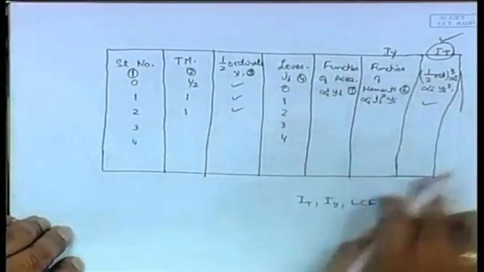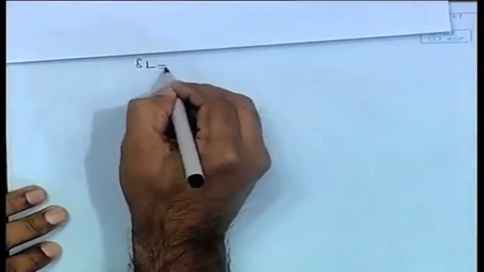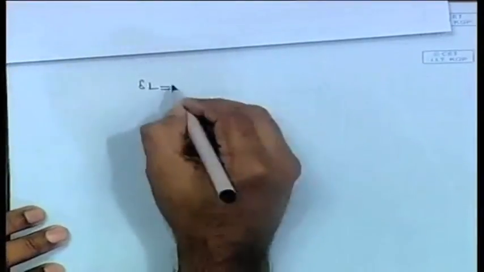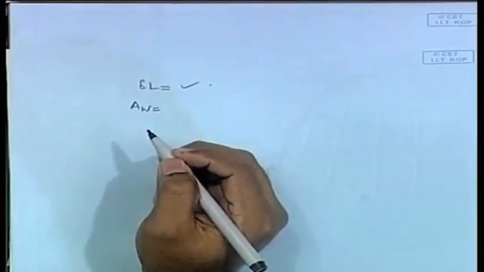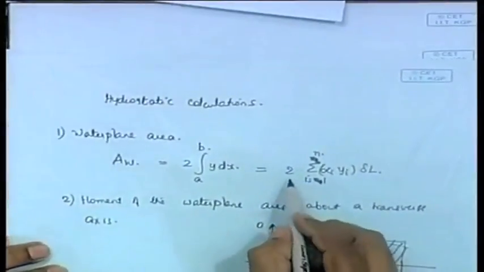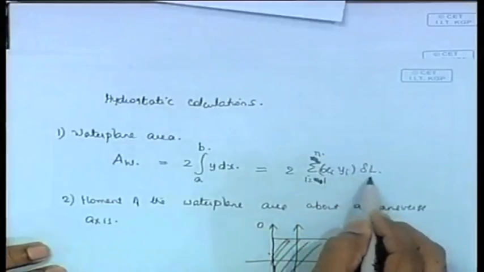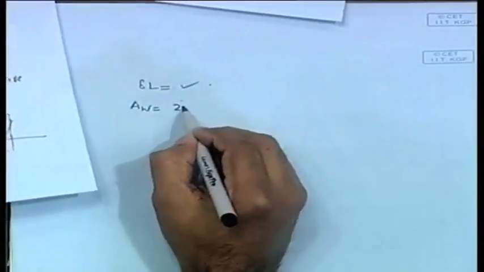Then, these are your columns, and once you have these, you are given delta L, which is the distance between stations, whatever it is, that is given. Then AW, let us look at the formulas. Here the formula is 2 into delta L. So, here we do 2 into,